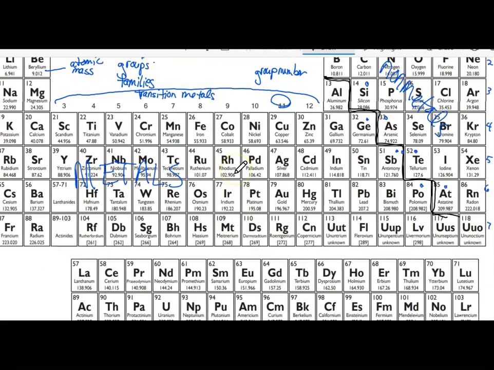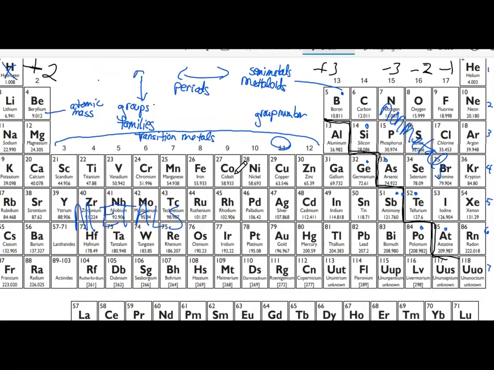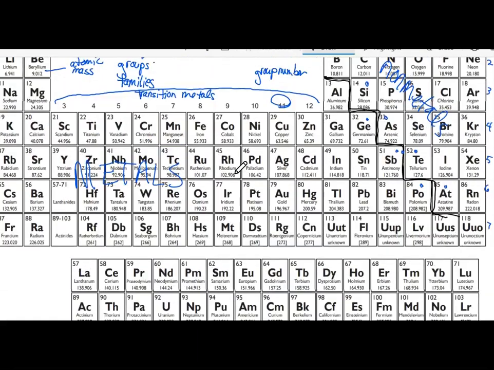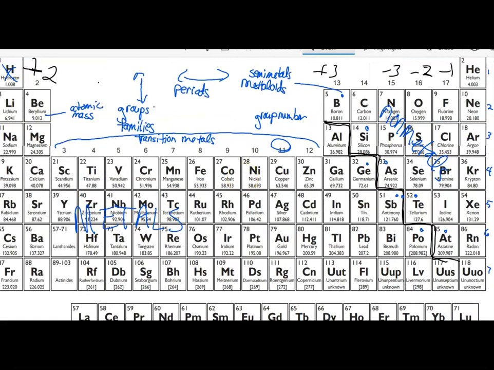So be ready. The types of questions that you would see over this is identify the name of an element. So if you were given Co and asked what element is this, you would come to your periodic table and you would look and see that Co is right here and it is cobalt. Or what is the symbol for zinc? So you would find zinc and you would see that it has a symbol of Zn. So we're going to go over and look at this week's homework really quickly, so you can get an idea of that, and then also